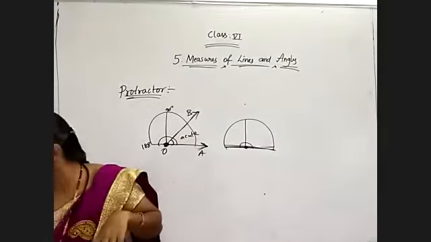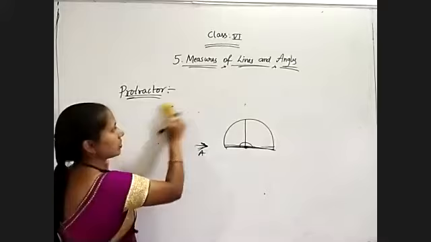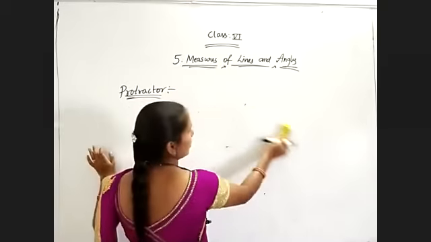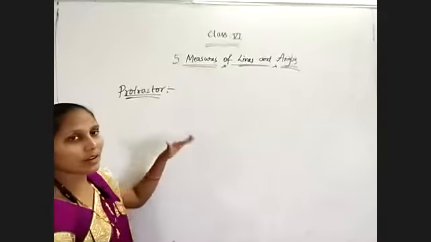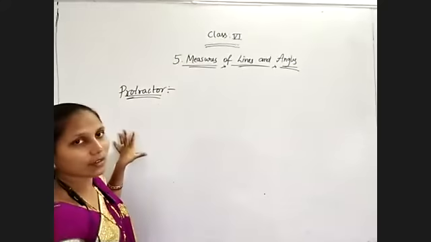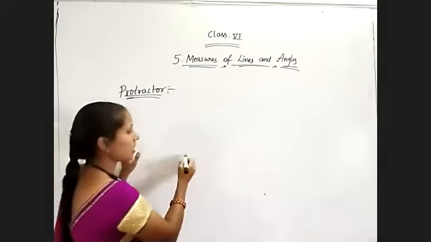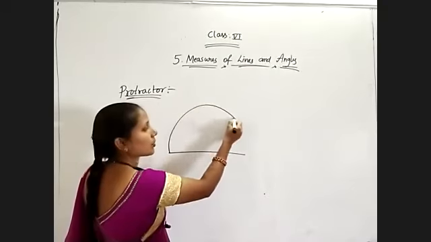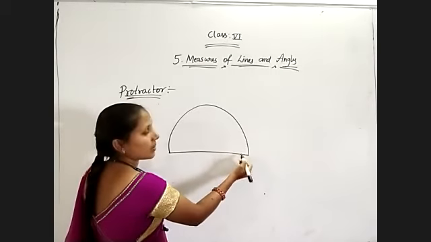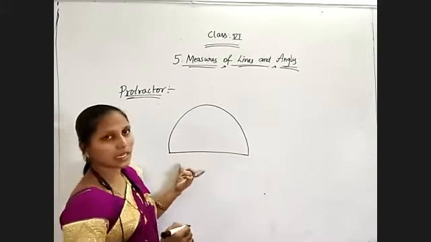Okay. Now how we need to place and what are the different parts of the protractor we will see first, then you will understand easily. Observe this. If you have the instrument, take your protractor from your geometry box and check whatever I am telling.